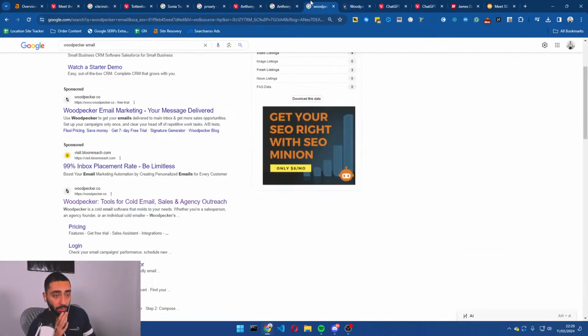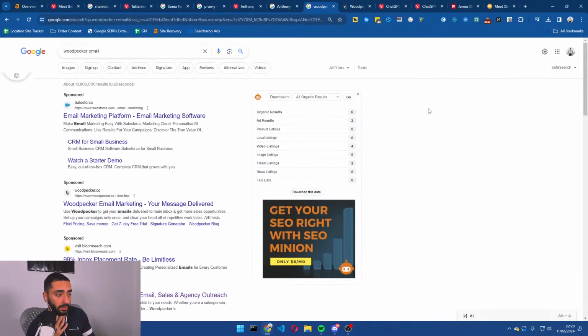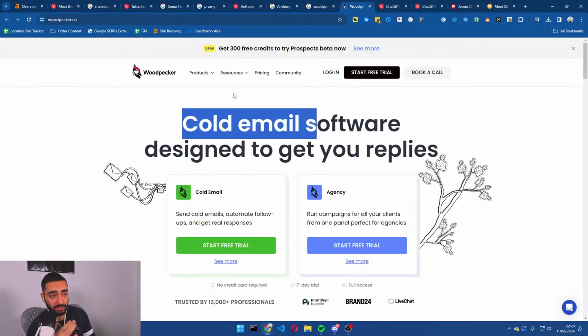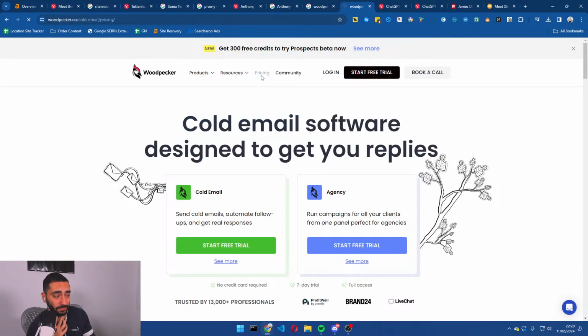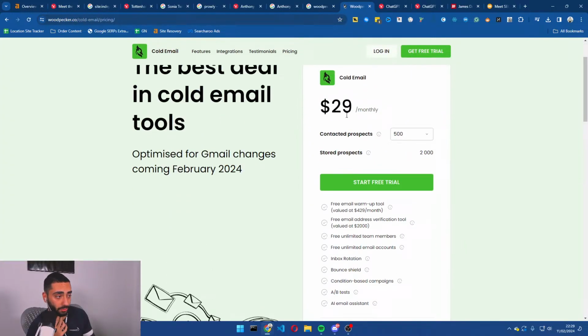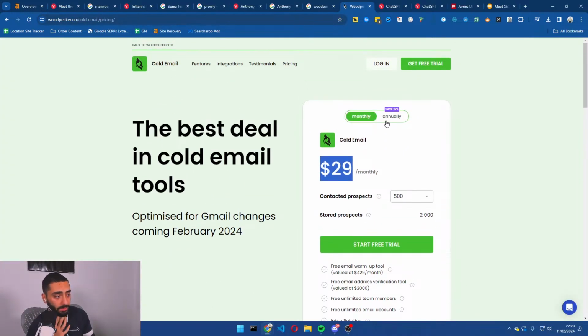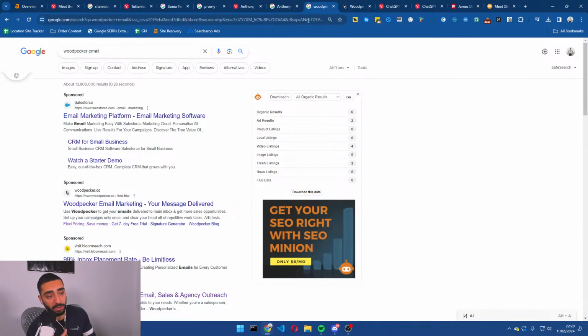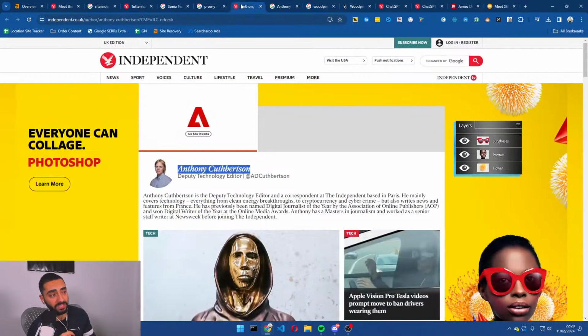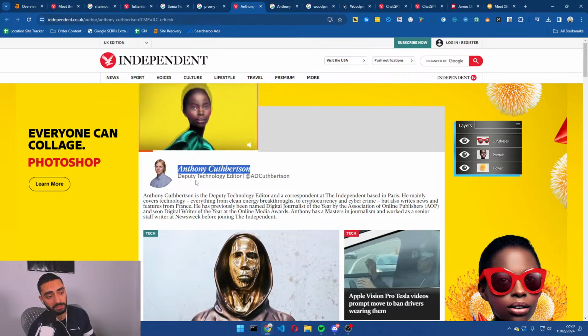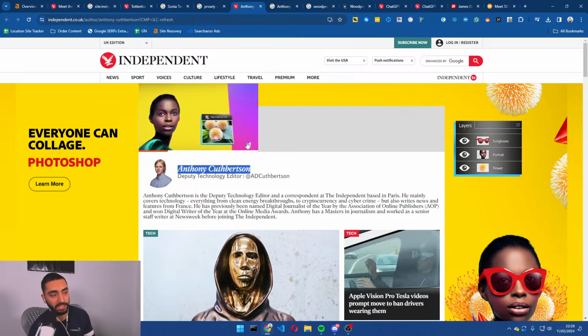So it does all the follow-up process for you as well. So that's the good thing about certain tools like this, and it's a fraction of the price as well. It's $29 a month. But the good thing about Prowly is that you obviously have the contacts as well, so you don't need to be messing around manually searching up all the authors on all the different websites.